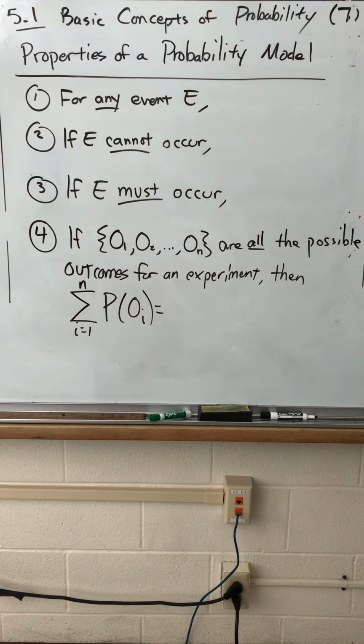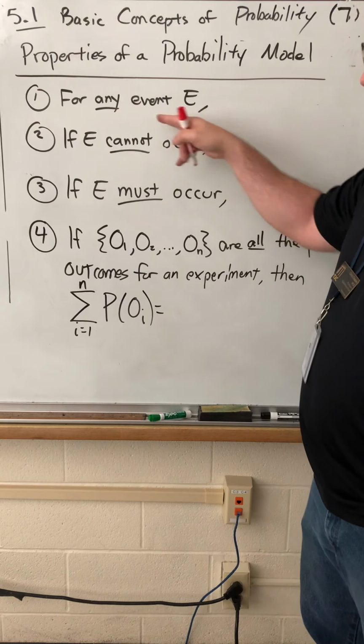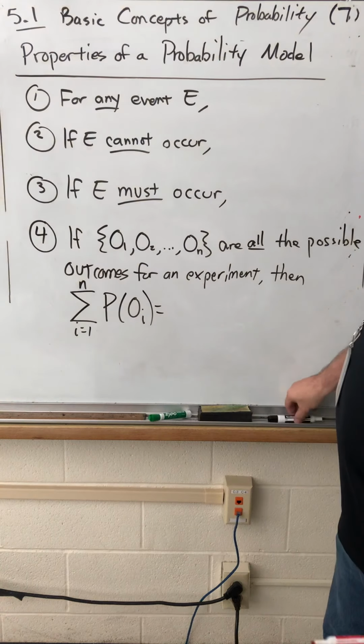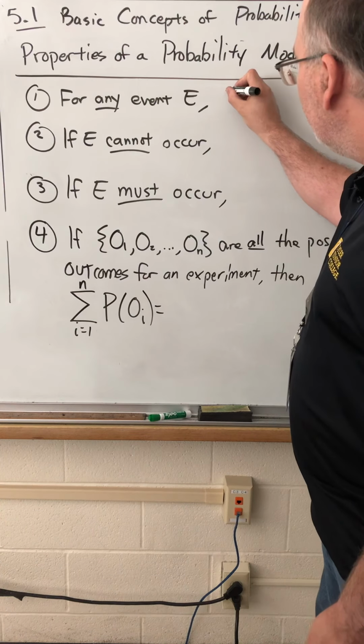At the end of the previous video, I asked you what you thought the sum of all the probabilities was. When I asked you that, I was prepping you for what are known as properties of a probability model. So let's take a look at these four properties, which are currently incomplete, so we'll be filling them in just a minute. Property number one, for any event E,